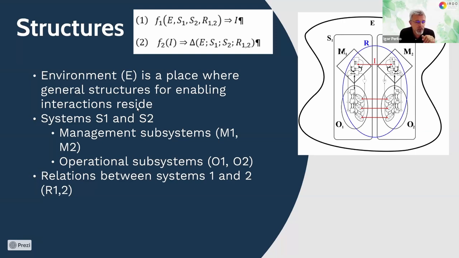And of course, the structures also reside in relations between systems 1 and 2, which is important because really, if you think of it, interactions are building relations, and relations are the path for new interactions to occur. Just think about that. What is the relation between relations and interactions? Okay, so we're observing structures, and we try to identify all necessary structures to observe. Okay, but there is something missing,